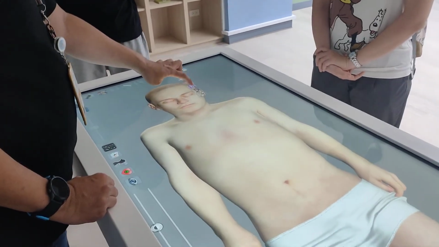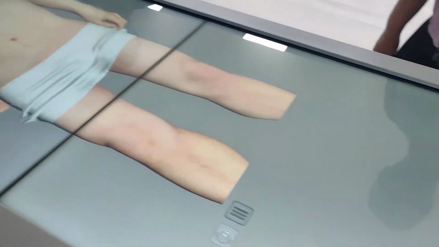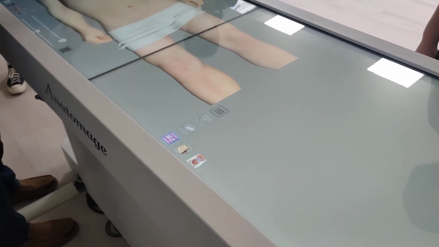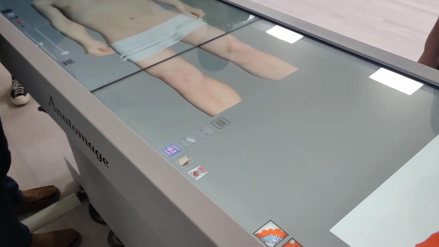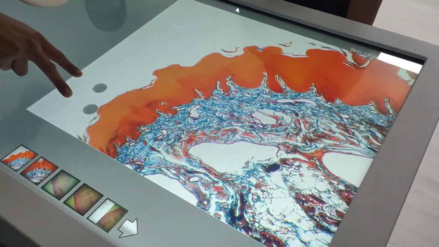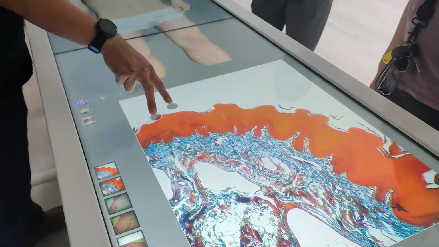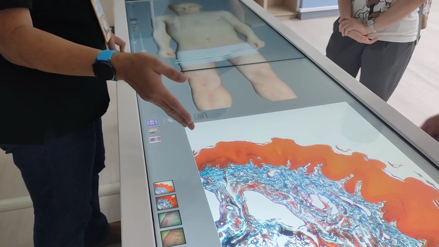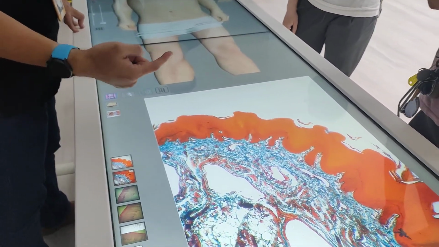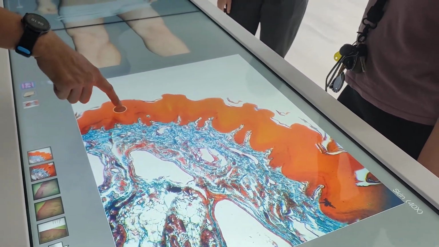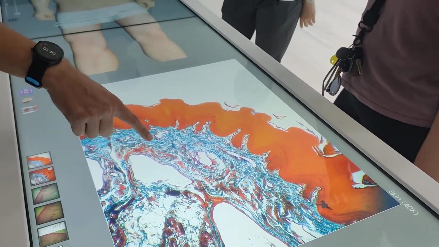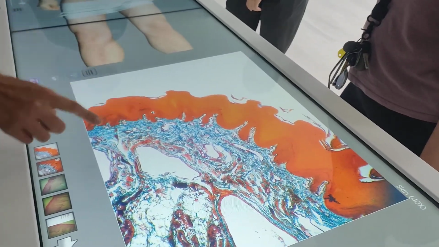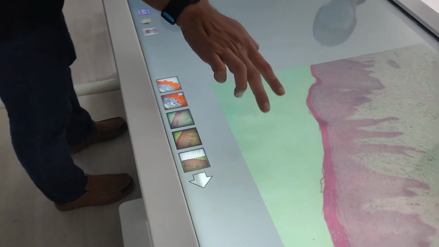Okay. And this one is actually the histology image. But can you see anything there? No, nothing. So let me touch it. So this is the skin. Skin biopsy. So they do the skin biopsy and then they did the staining. So you can see this is the epidermis, and dermis, and hypodermis. 就是表皮、真皮、皮下组织。